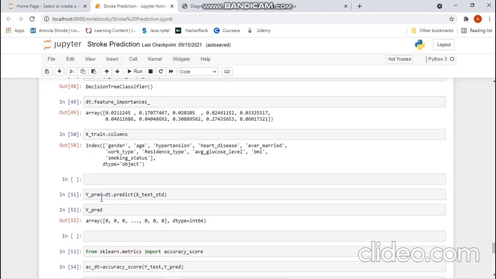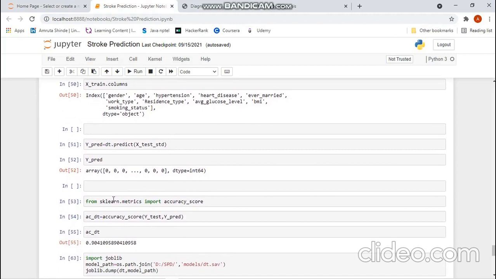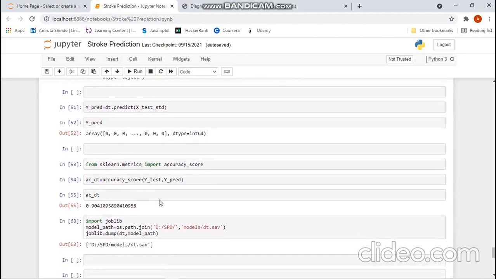Now here y_predict. Now here we predict for test data and store it in y_predict. Now for comparison, we use metrics. I've used metrics over here and imported the accuracy score package. So accuracy score for y_test, that is the actual data, the actual answer, and y_predict, that is the predicted one.